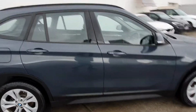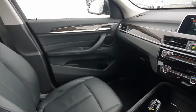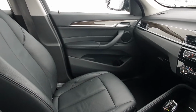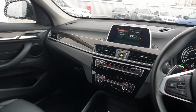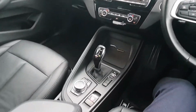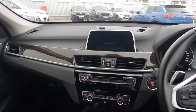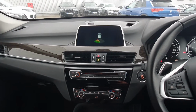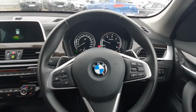Now folks, let's take a quick look at the interior. So now that we're inside, you can see you have the black sporty Dakota leather with the dark oak wood trim, the BMW iDrive system on board, rear parking sensors. It also comes with a BMW multifunctional